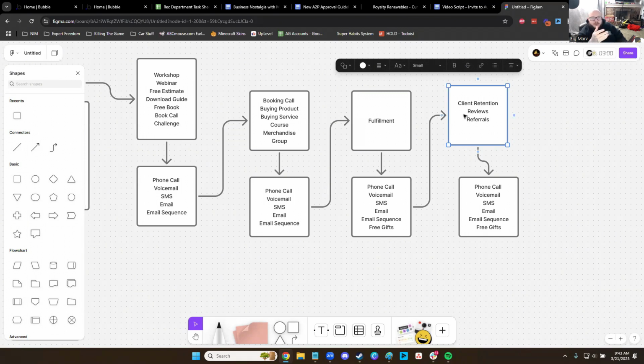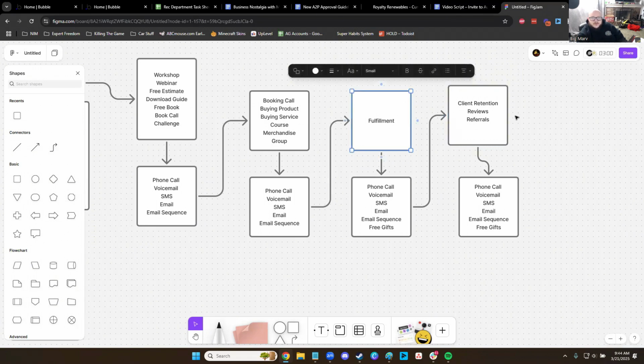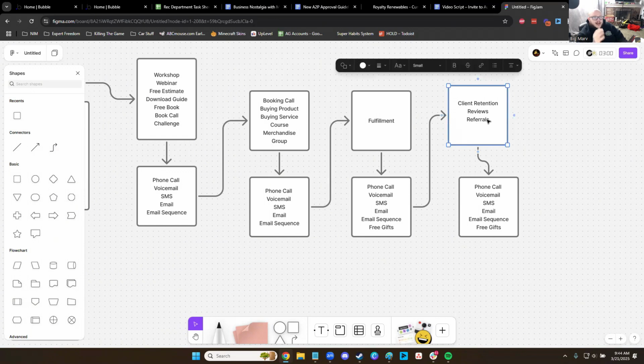And this is why a lot of agencies will churn, for example. Most agencies will get a new client, and in the industry, most agencies operate on 90-day contracts. So they're typically not retaining people for longer than 90 days. The reason for that is because once they got the deal, they stopped focusing on client retention and how they can make this person so happy with them over the next 90 days that they want to renew again at the end of 90 days.